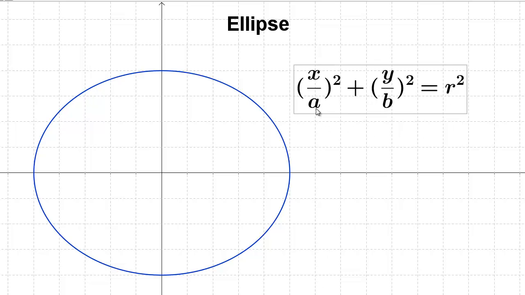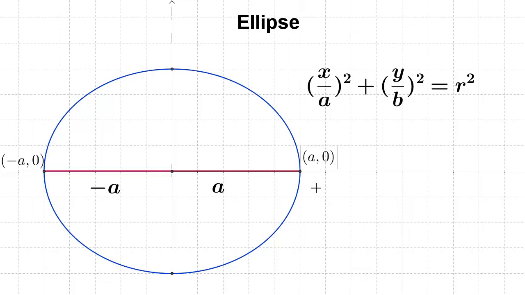The only difference are these two new terms, a and b. Now, a stands for a number that represents the distance a point on the horizontal axis is from the center of the ellipse, assuming the ellipse is centered at the origin. So this distance from the center to a point on the outside along the horizontal axis is called a. So the points along the ellipse that lie on this horizontal axis are the point (a, 0) and (negative a,